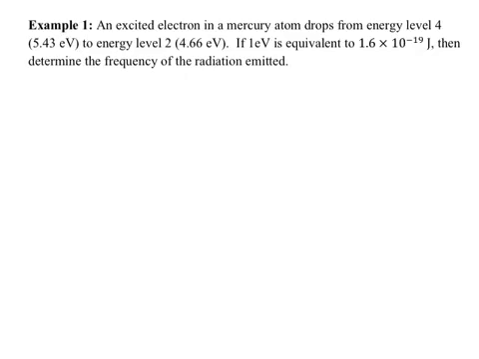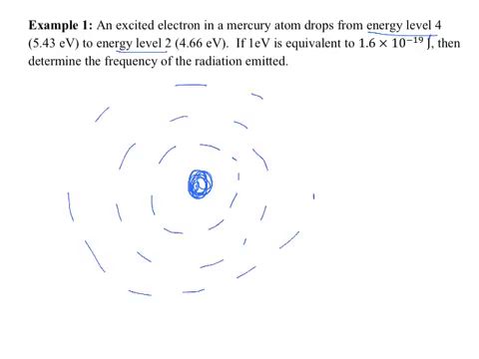Let's look at an example here. Example 1 says an excited electron in a mercury atom, so it means it's already at a higher state, drops from energy level 4 to energy level 2. So we're saying it's on the 4th ring to the 2nd ring. So here's our hydrogen, or our mercury atom. There's the nucleus. Ring 1, ring 2, ring 3,